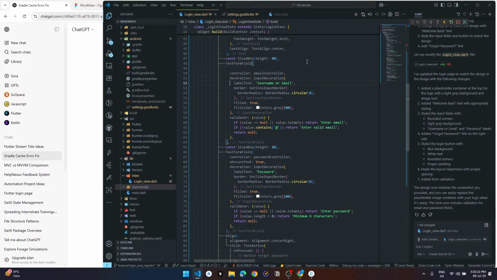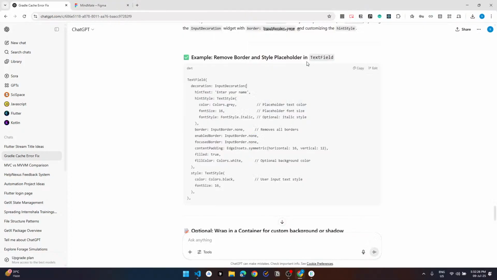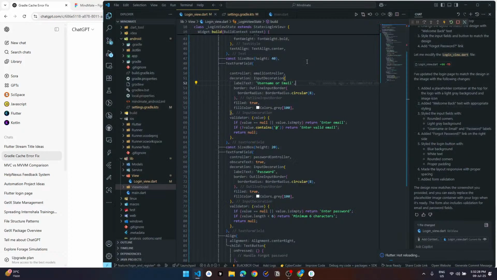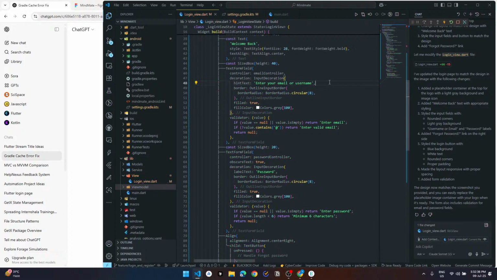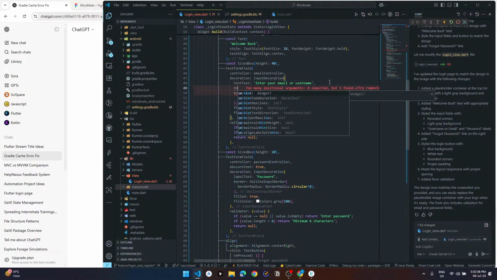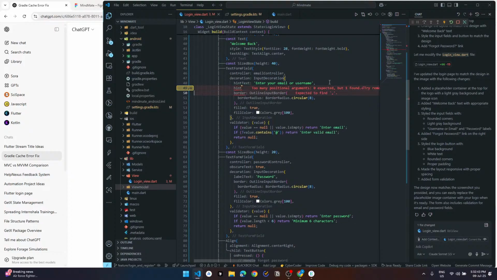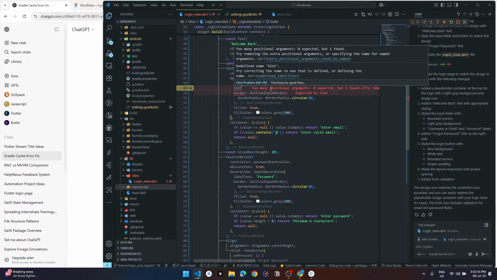So we have hint text or label text. We don't have hint text, so we need hint text. Enter your email or anything, right? So just make that, and style.